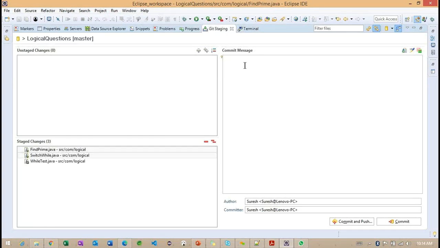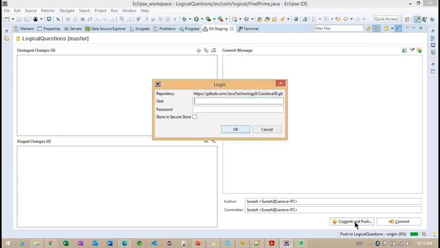So we discussed the switch, while, do while, and the prime number example.